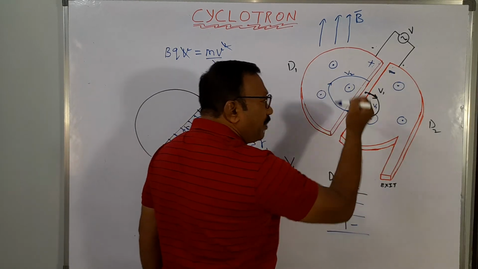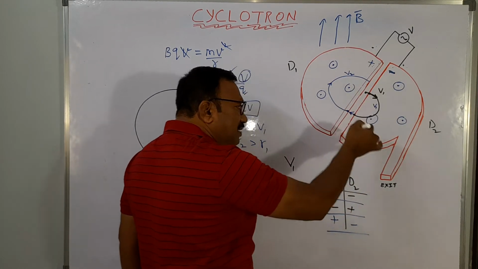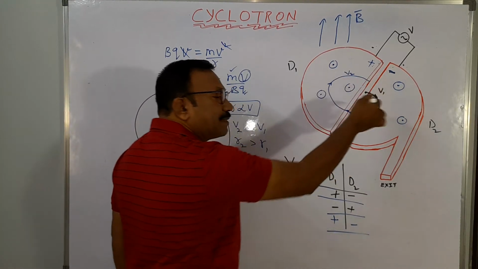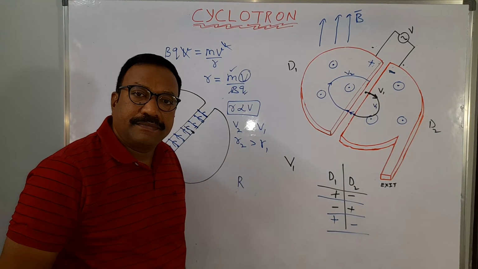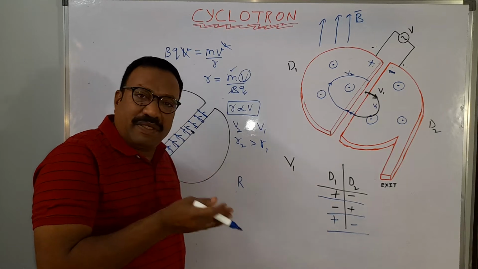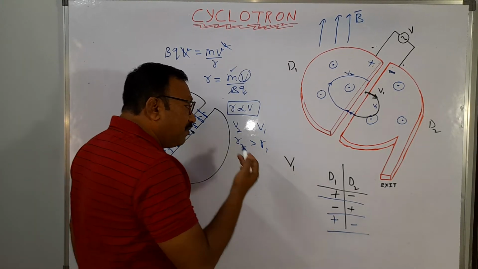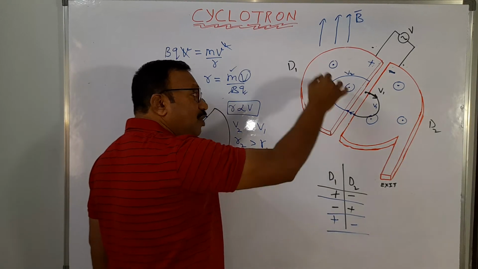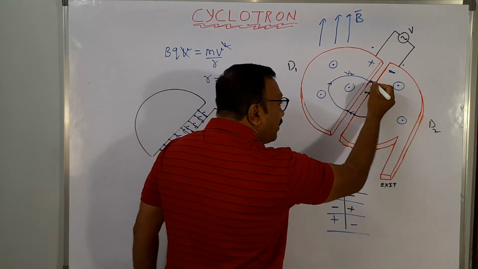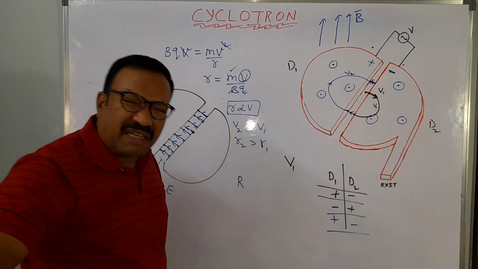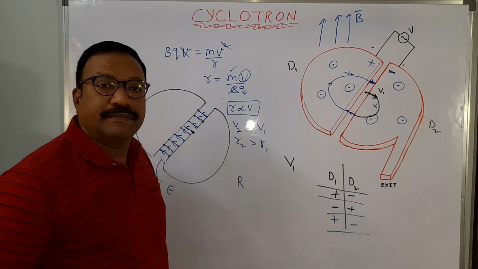Now this is a negative potential. Again it is attracted towards the negative potential. Positive charge you have taken. So it is again accelerated between the plates. So when it is again accelerated between the plates, velocity increases from v1 to v2, already done. Now v2 to v3. Now here it will be under acceleration. Now the velocity increases to v3.